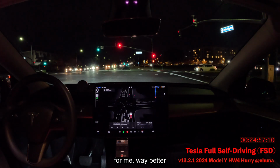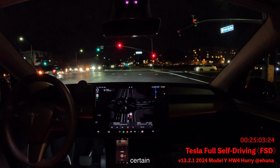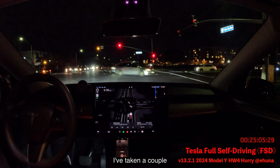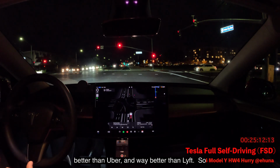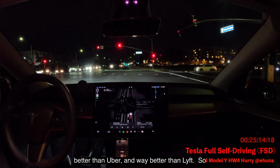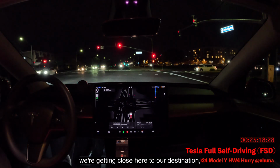It feels for me way better than most Uber drivers that I've ever used, Uber and Lyft drivers. For certain, better than Waymo. I've taken a couple of Waymo rides in San Francisco, and it's way better than Waymo, way better than Uber, and way better than Lyft. So we're getting close here to our destination, and